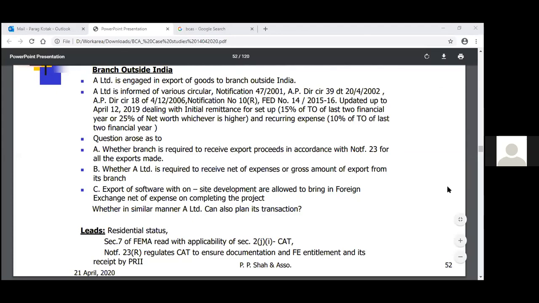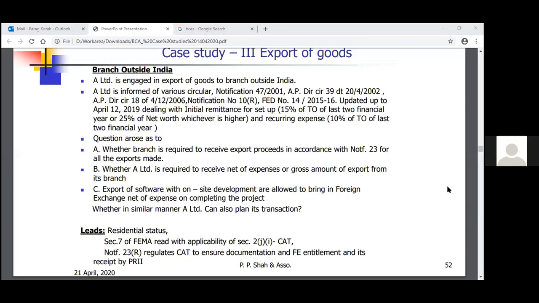Now coming to the export of goods and services. If you see the definition of export of goods and services to answer this question,